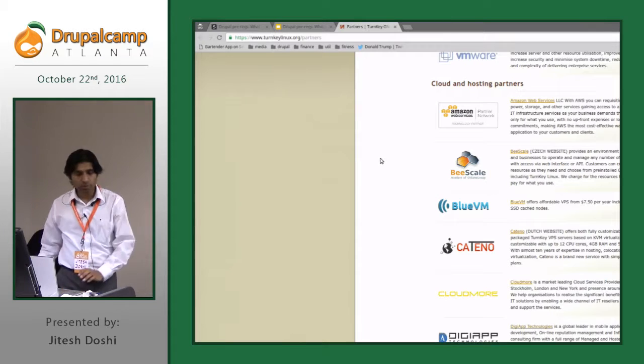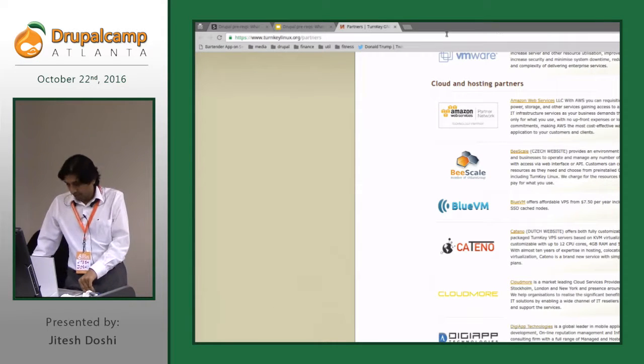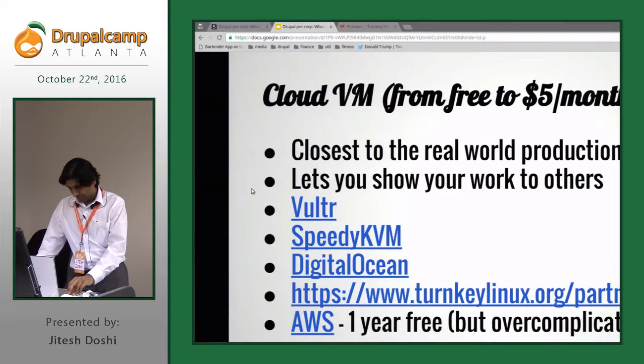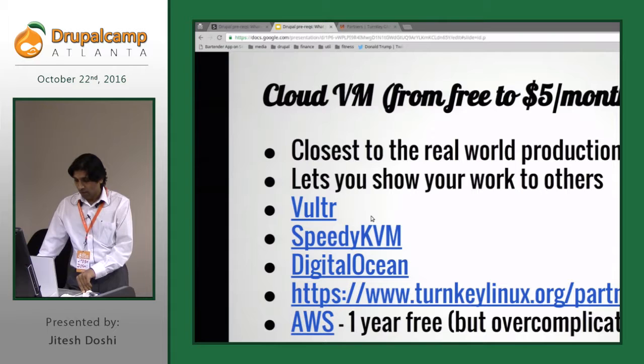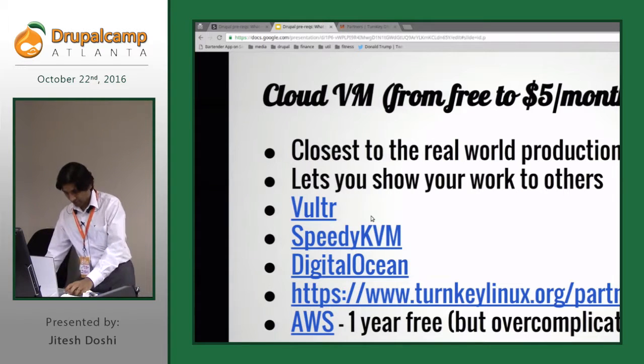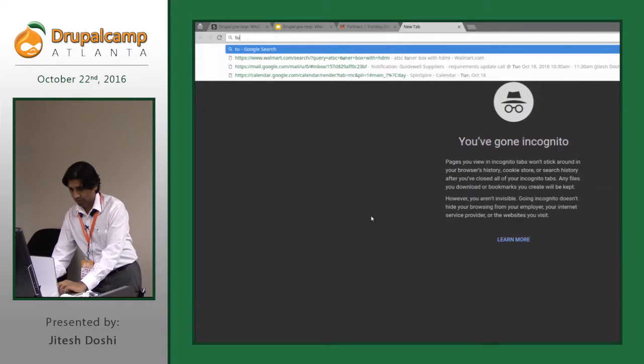So in any case, I would recommend that you don't even bother with VirtualBox and virtual machines locally, because this is so much better. All right. So I really think that you can make this work. And you go to Turnkey Linux. Let me show you what that is.